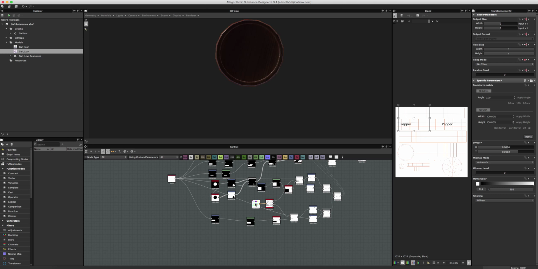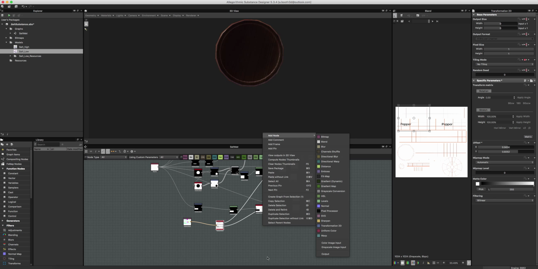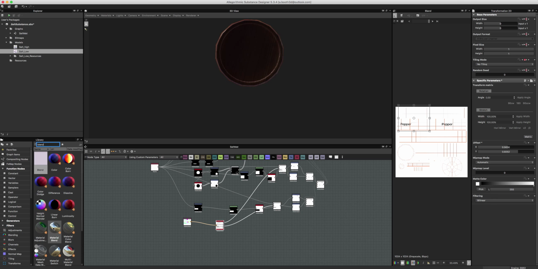So I'll move these two down so I have more space. Get a material blend. So type in. Now you're probably thinking,